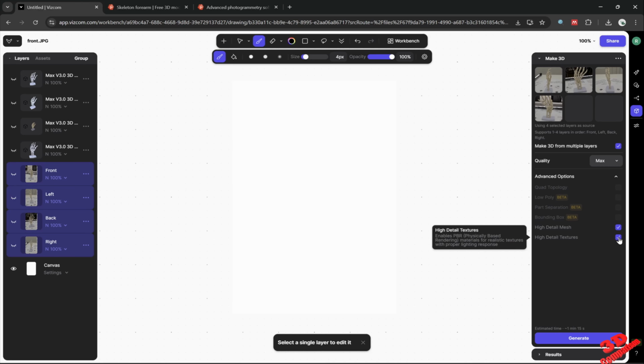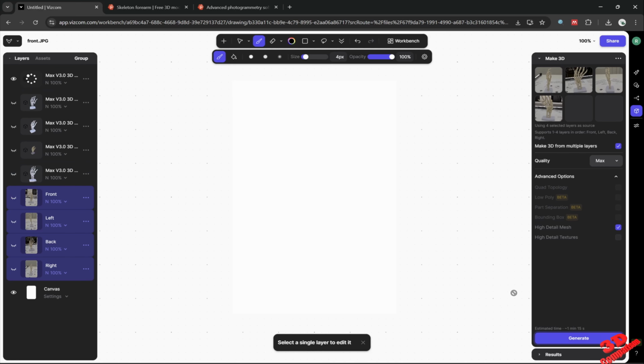I'm just going to uncheck HD texture because I saw that for some of those the texture didn't actually output. So let's just see how that will generate. I'm also going to create one with that. Now regarding,